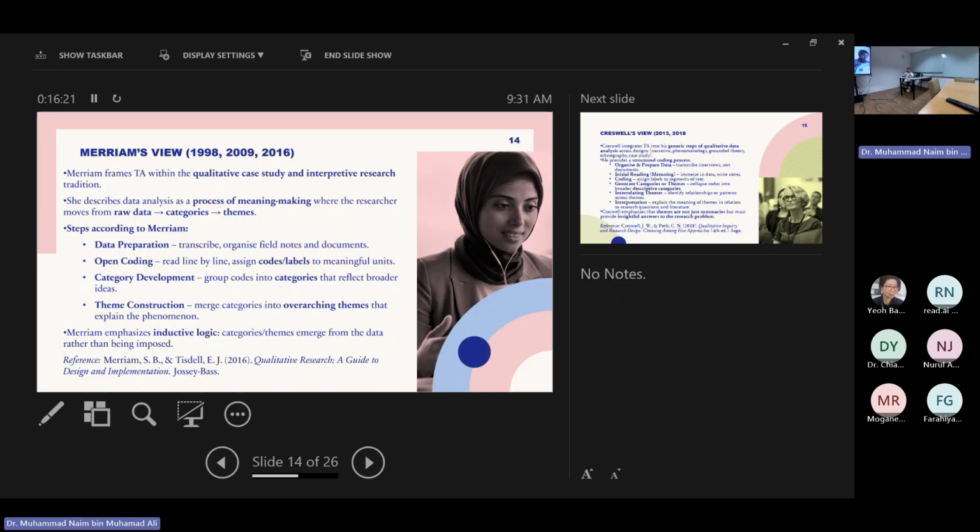You can annotate that as family household income. And then category development, you can categorize them into poverty, destitute, and so on. And then theme construction, merge categories into overarching themes that explain the phenomenon.